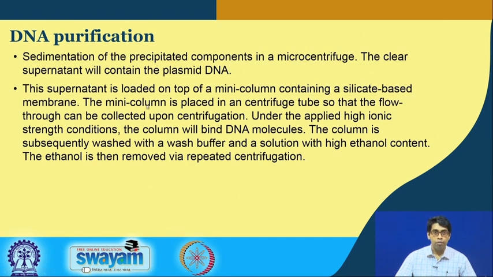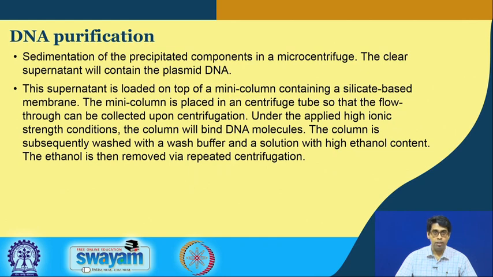Now, we have to elute out the plasmid DNA. So, we can do that by using a very non-ionic solution. So, we can use either water or we can use a buffer to elute out the plasmid DNA from the column. So, we also do these washing steps to remove ethanol, because ethanol is something that is used in some of the steps and it can be detrimental for the subsequent use of the plasmid DNA.